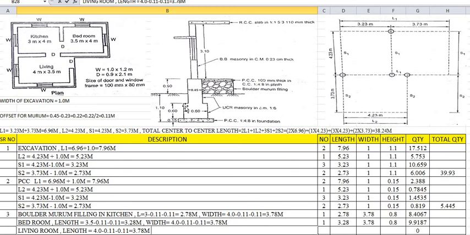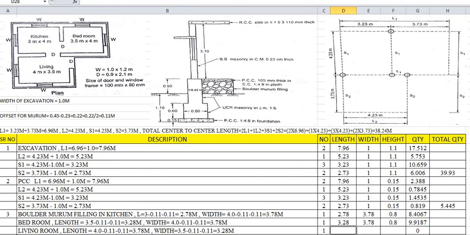Okay. In the same way, the width along the width direction for this living room. How to calculate the width? It has been given for this living room as 3.5. So 3.5 meters is the width. So 3.5 minus 0.11 minus 0.11, it comes to be 3.28 meters, as we already have taken. Okay.